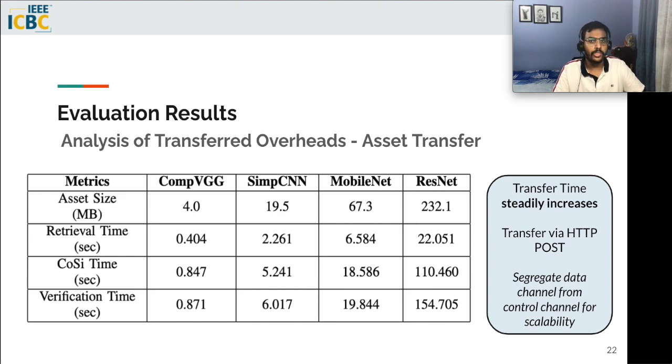A total of above 4 minutes is required to complete the transfer procedure for a resident model, including the retrieval, signing, and the verification at the receiving end. So instead of a simple HTTP post request-response model, if we have separate retrieval threads catering to each transfer request, it would help in concurrent serving of the requests. But we have kept this for further studies.